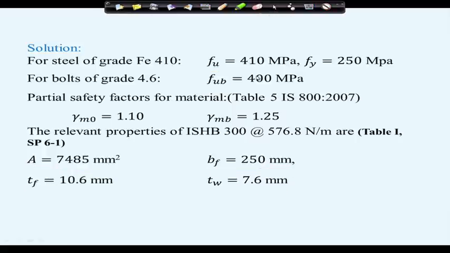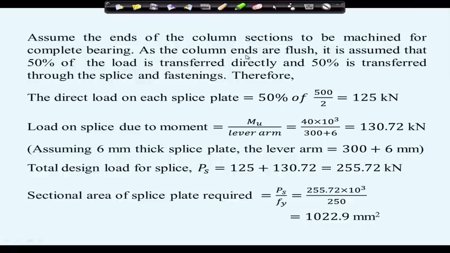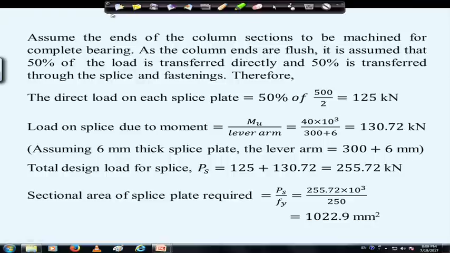After that, we assumed complete bearing, and from that we found the direct force as 125 kilonewton, that is P by 4 basically, and the force due to moment as Mu by lever arm, which we found as 130.72 kilonewton. We assumed splice plate thickness as 6 mm. So, the design load for splice we could calculate, that is Pu1 plus Pu2, which is coming 255.72 kilonewton,